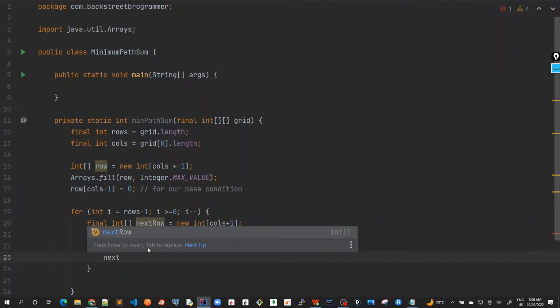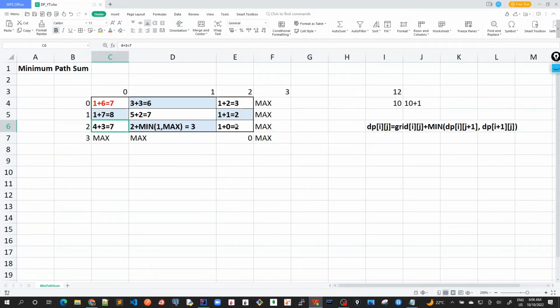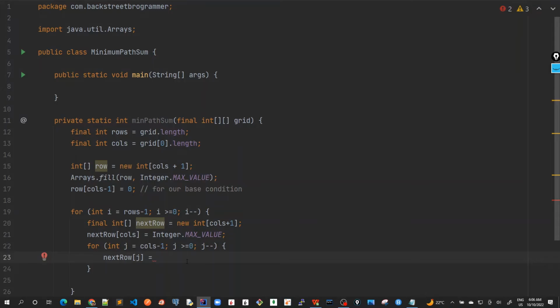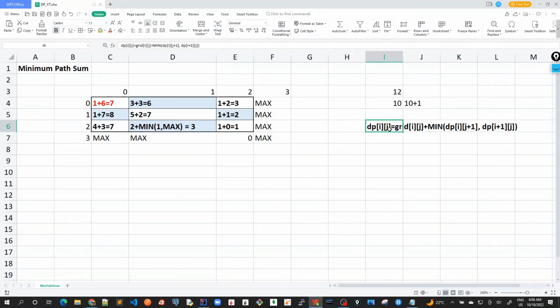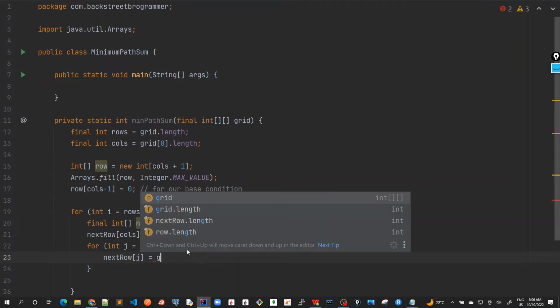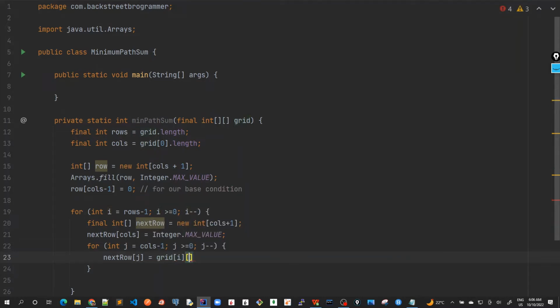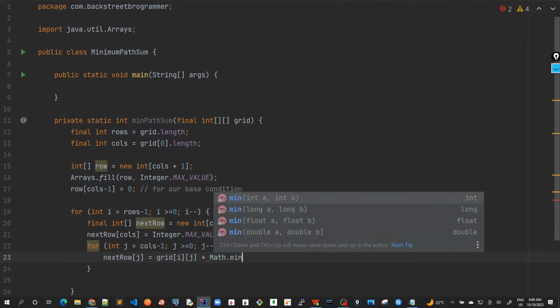And then we calculate each item. Next row j is this item, this item, this item, which is the formula which we have calculated here. This is grid I and minimum of this and this. If I calculate this, minimum of this and this. Okay, so it would be grid of I j plus I use math.min, minimum of